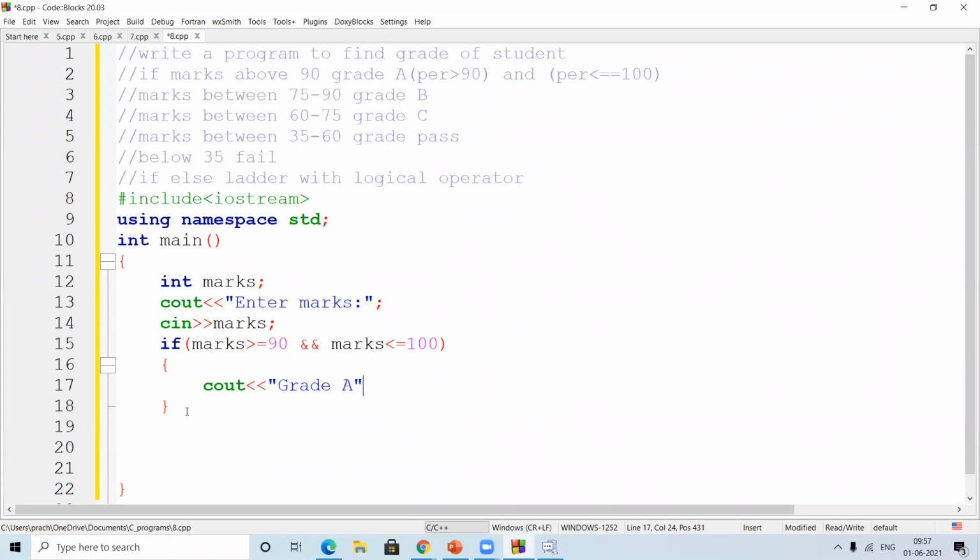I'm just writing this. From this, you can go ahead with that. So here, else if. This is a type of if else. This is known as an if else ladder, because if the above condition is false, we go to the next condition. If this condition is false, we go to the next condition. This is how it goes ahead. That's why it is known as an if else ladder. So the next is between 75 to 90. I'll write two conditions so that it will be easier to understand. Then you can write the else.